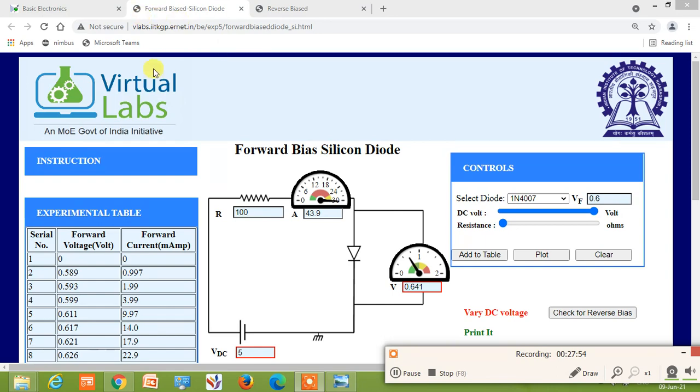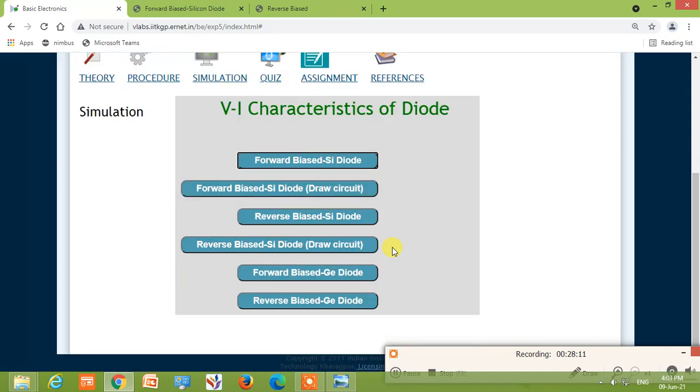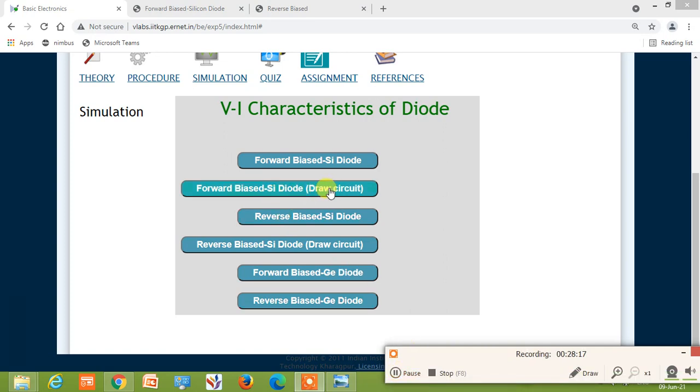Now again we will jump back to the page, this basic electronics website, vlabs.iitkgp.ernet.in, and then we'll go for the draw circuit, forward bias silicon diode draw circuit.